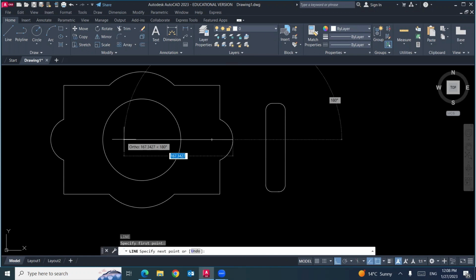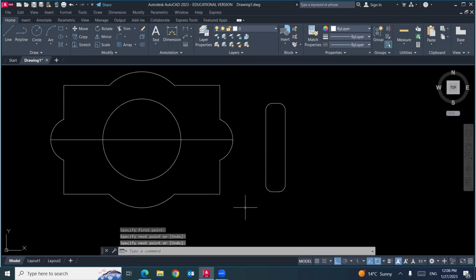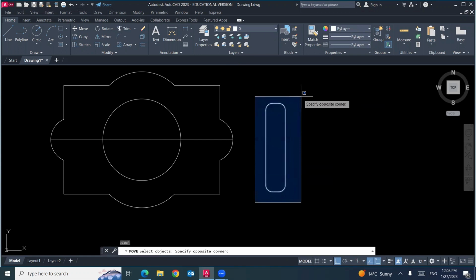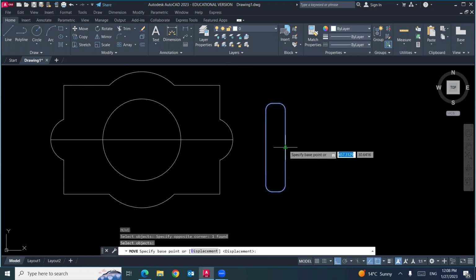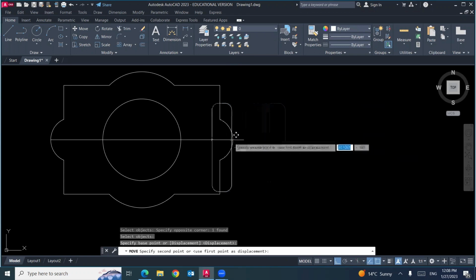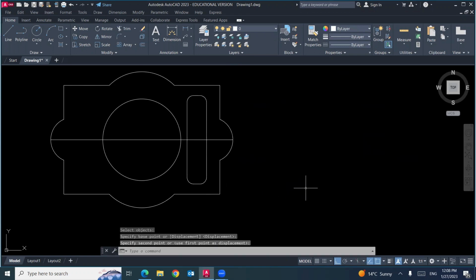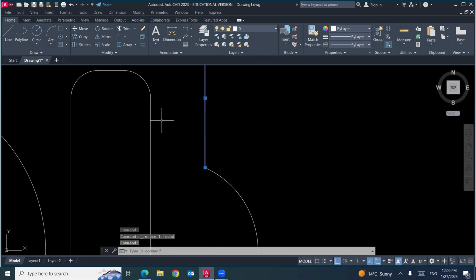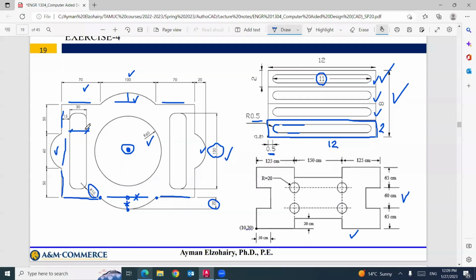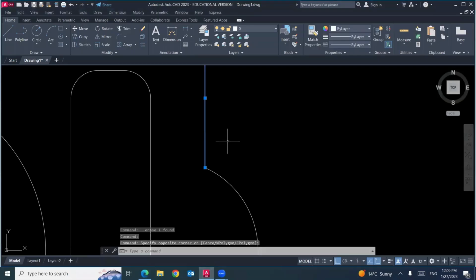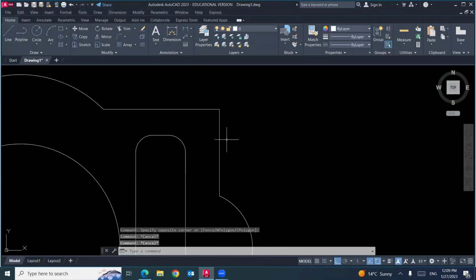I will draw a line like this. I will move this rectangle and hold it here to be on this line. So I make sure the rectangle is at the center height of this shape. We can remove this part. No need. I need to adjust the distance between this edge and this edge to be 15. How can I do this? Very easy.